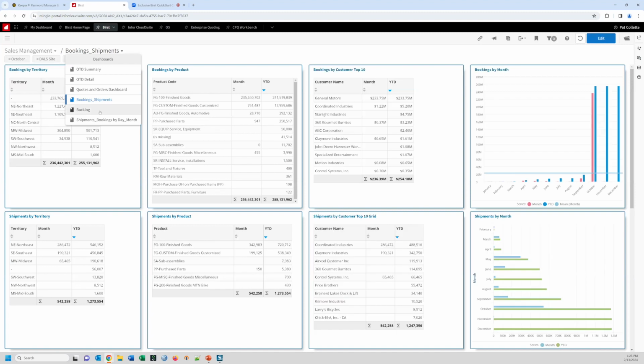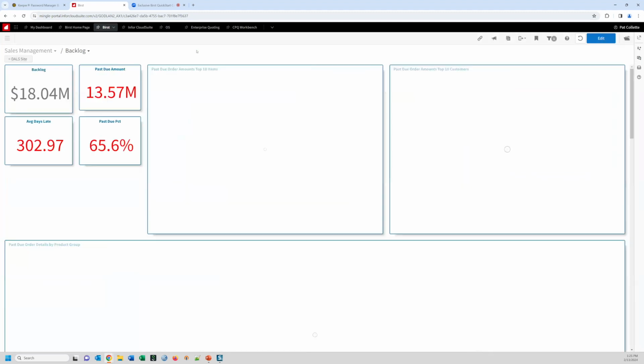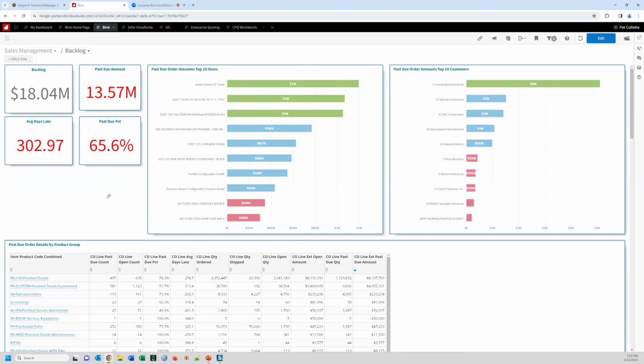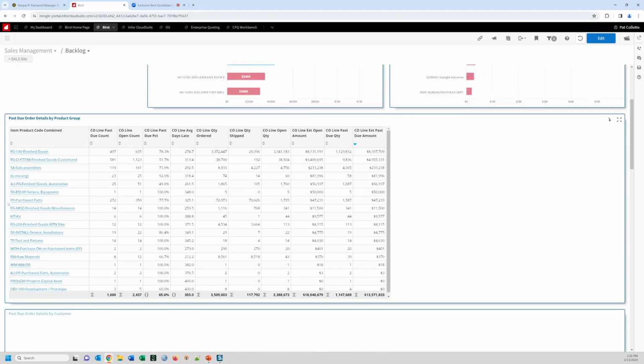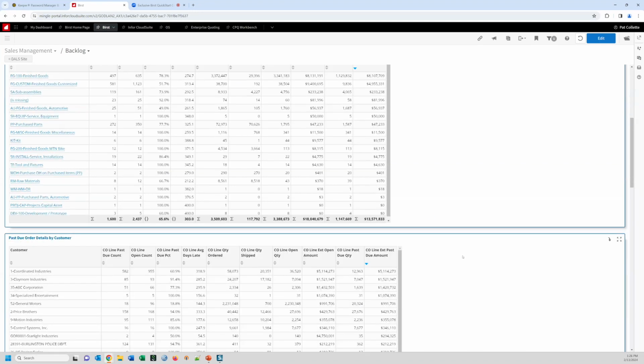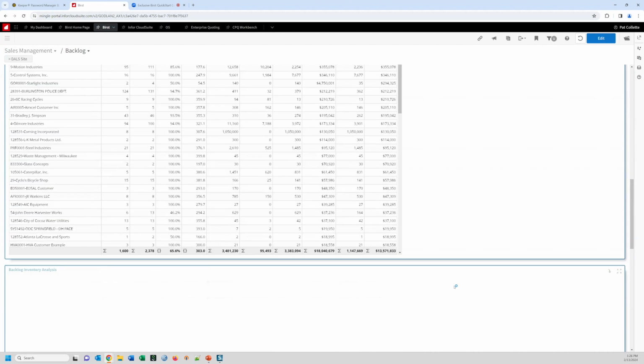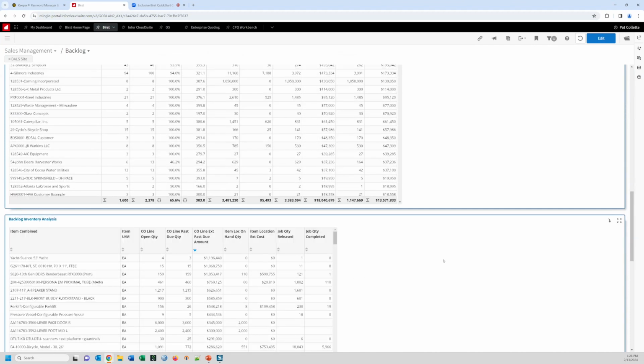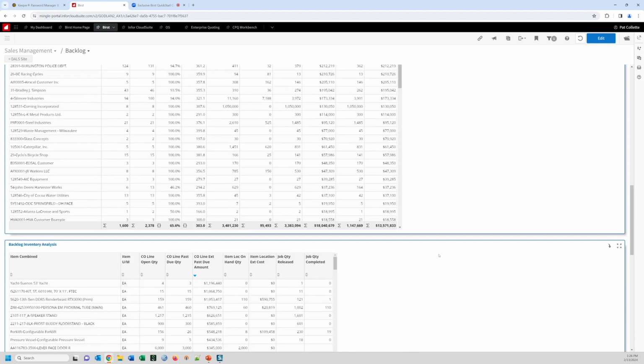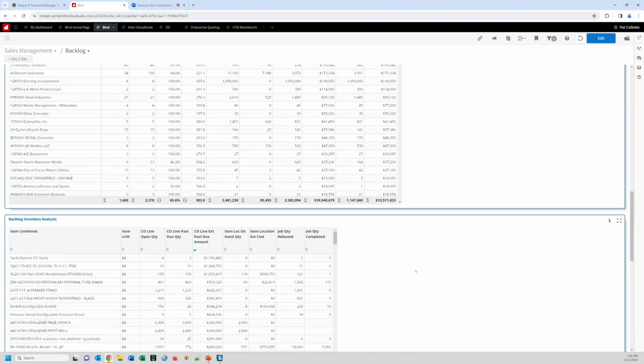All right, and then the management of backlog, as part of the sales organization. So looking at things in terms of past dues, numbers of days late, a Pareto analysis of top 10 items and customers for past due, and a concept in here of looking at things at a level of summary, at a KPI level, maybe a mid-level summary based on customers and items, and then an ability to look at things at more of a granular level, down to a customer level, and look at those same metrics at a deeper level, and then cut across the entirety of the data model. In this case, I'm looking at backlog, but I'm also making an assessment of that backlog based on